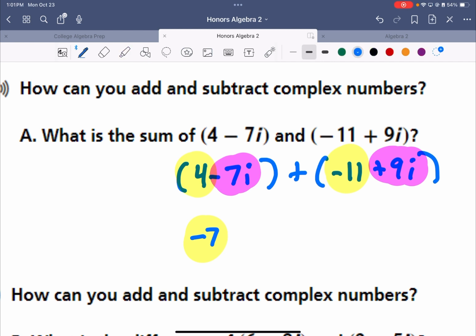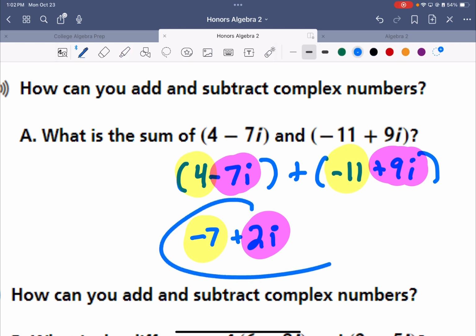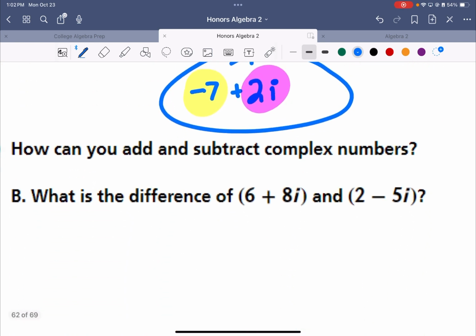Negative 7 plus 9 is 2, so that's plus 2i. So this is the simplified form of the sum of those two complex numbers. You combine reals with reals, imaginary with imaginary, just like you would do with polynomials. You combine like terms. Same thing when you subtract